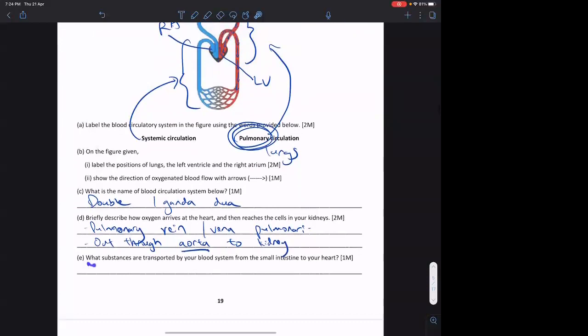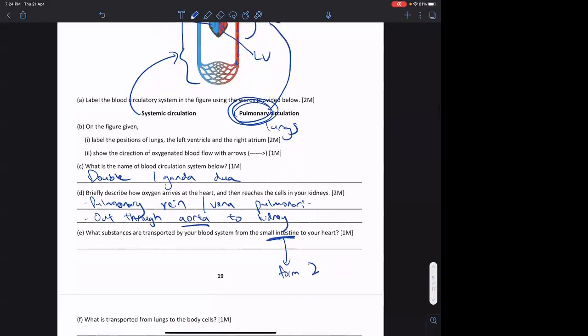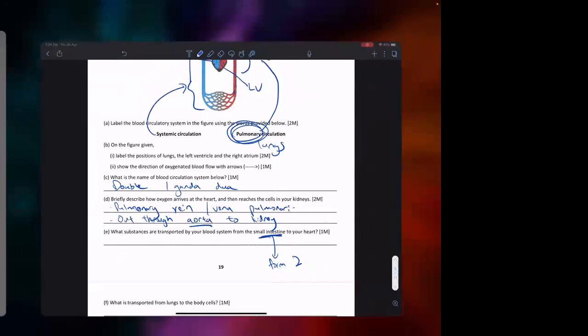So E, what substances are transported by your blood system from the small intestine to your heart? This is in Form 2, guys. The small intestine is in your Form 2. If you still remember,